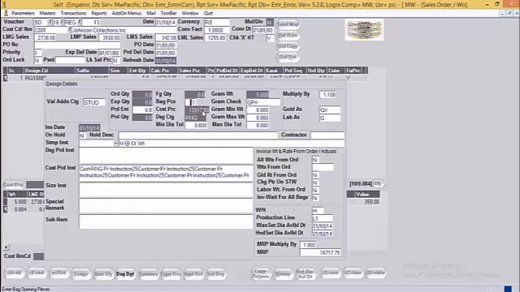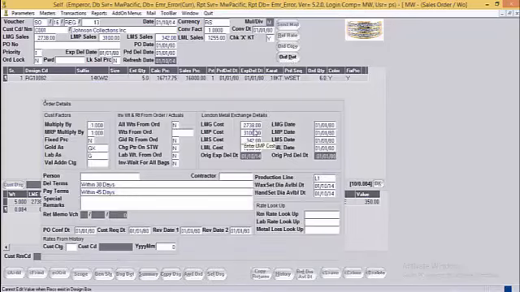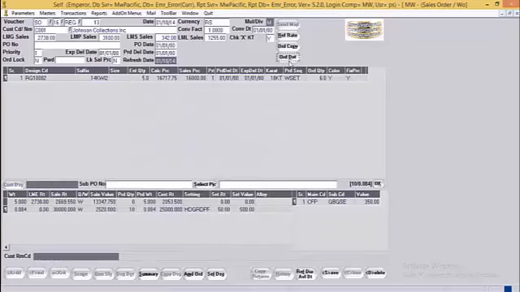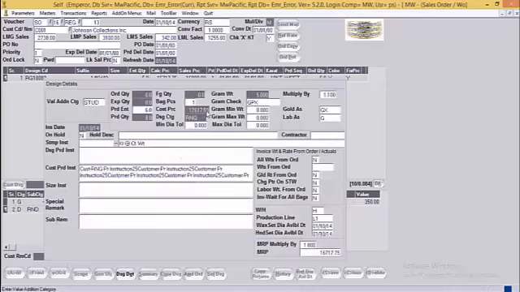To calculate the cost value of the metal, system will consider the LMG cost, LMP cost, LMS cost, LML cost to get the cost of metals. The cost rate of the respective RM will be picked up from the RM rate chart. Similarly, system will get the labor cost from the labor rate chart master. And finally, we'll get the cost price for the given design over here.